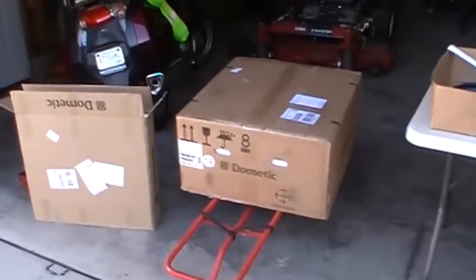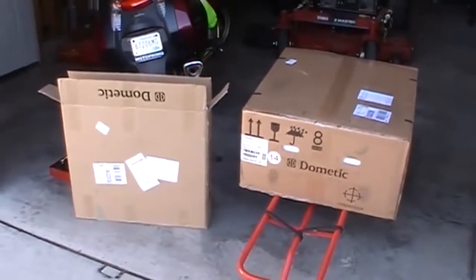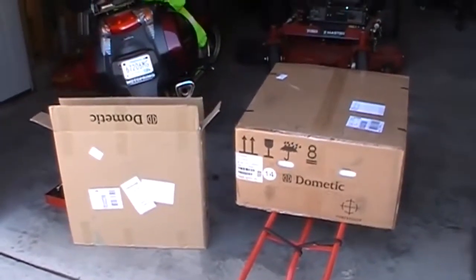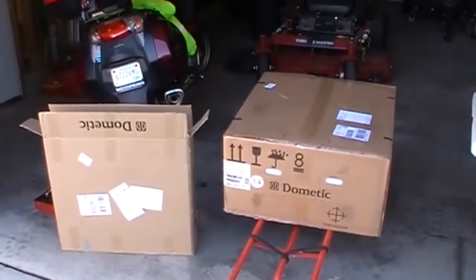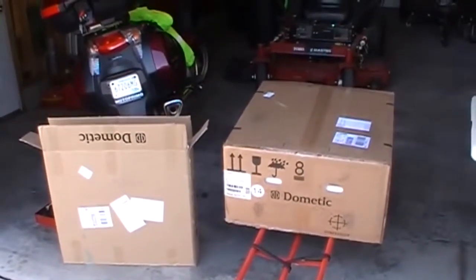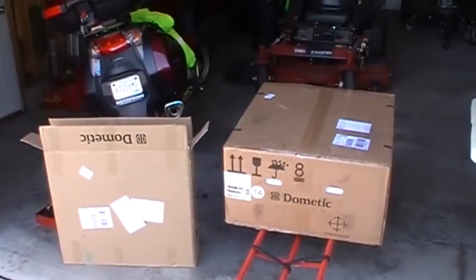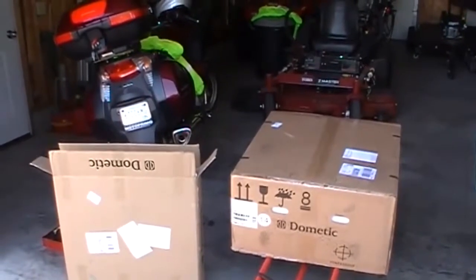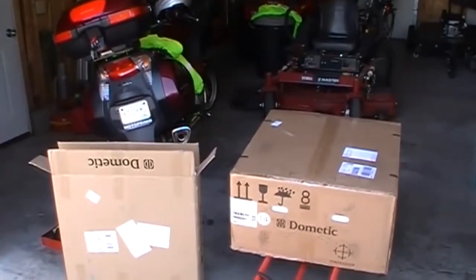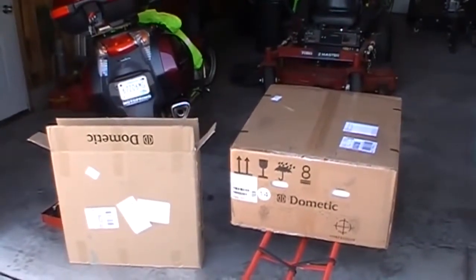What I ordered was a Dometic 13,500 BTU air conditioning unit, and the reason I ended up picking the Dometic was I was looking at this or the Coleman, and this is just a little bit lighter. I think it's about 75 pounds as opposed to about 95 pounds. And they've recently done some re-engineering. They've added some vibration dampeners to the unit and a few other features